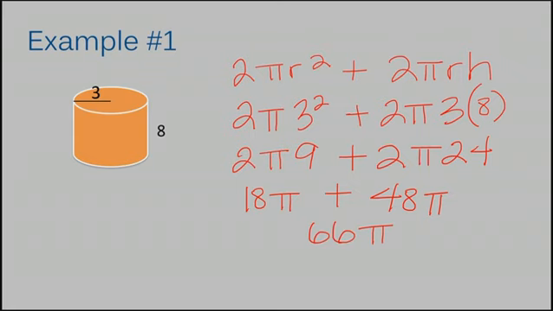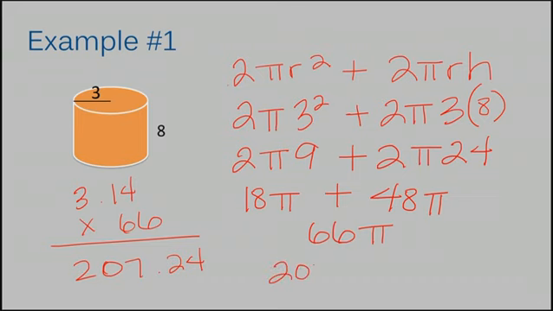That's more exact. So if I come to the side of my paper and write 3.14 times 66, I'm going to get 207 and 24/100ths. So you could say that that is your answer, 207 and 24 hundredths. We weren't given any units on this particular problem, but let's just assume that the units were